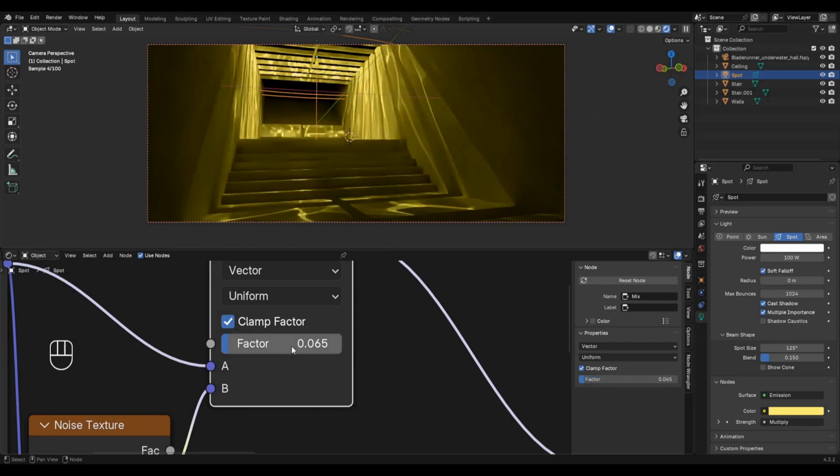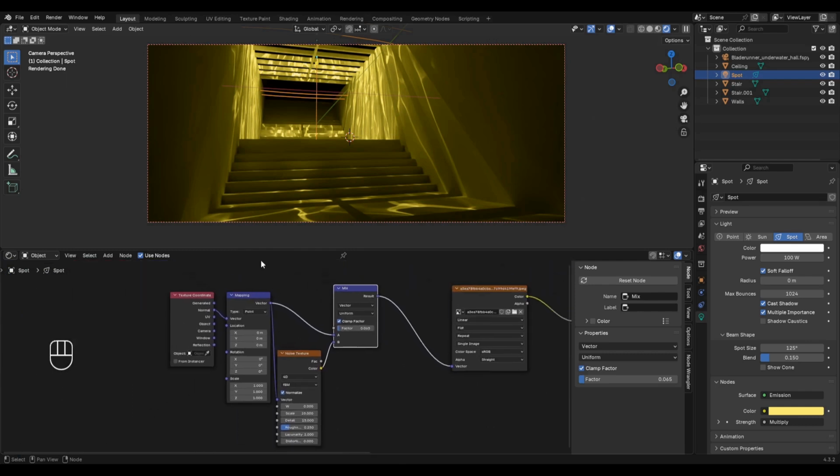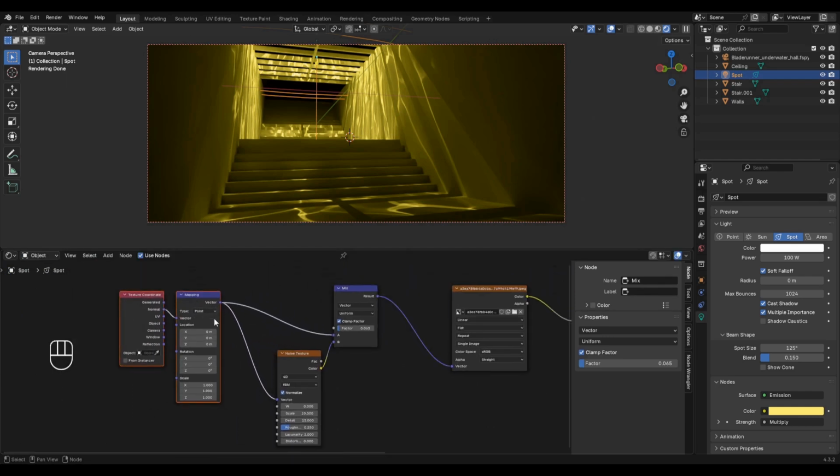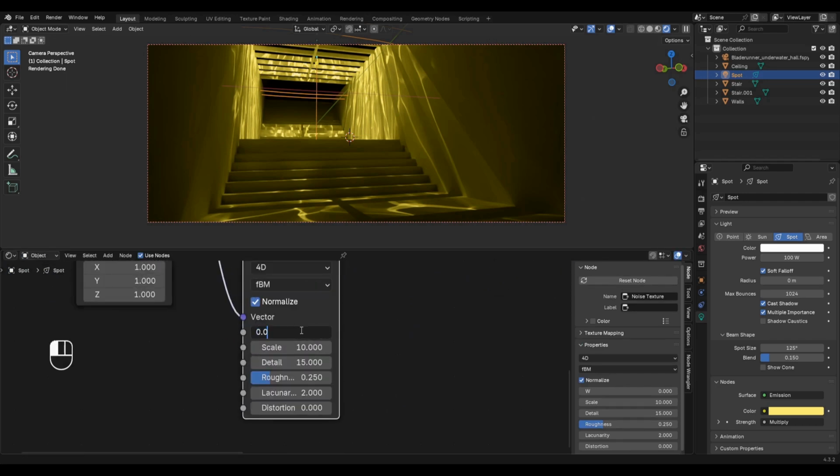Set mix factor to .065. Type frame/155 in W field. Press play or spacebar to see the result.